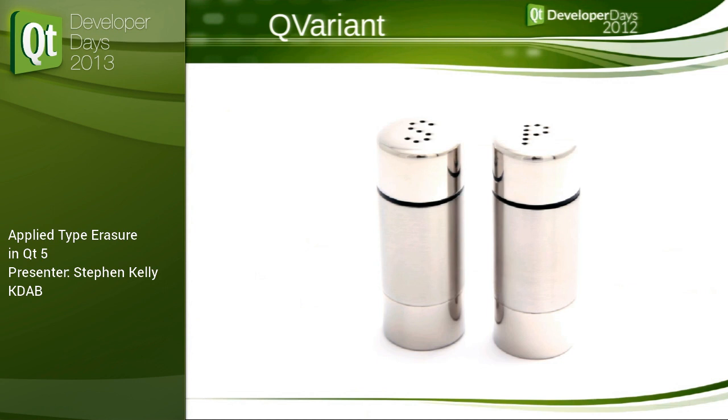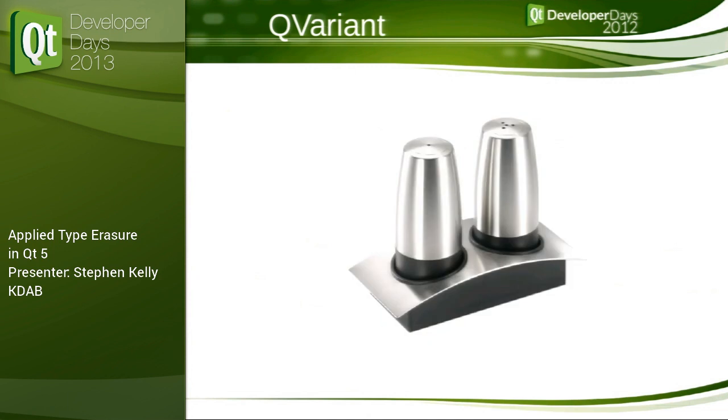So last year, this is a slide from last year, I gave a presentation about how QVariant works. I'm not going to go into too much detail now, but I'll just tell again the basics. So these condiment containers, what they contain is determined at build time. The one with the S obviously has salt. The one with P obviously has pepper. But if you look at these containers, you don't actually know what they contain, because I come from Ireland, and in Ireland we put salt into the one with one hole. But here in Germany, they seem to do the opposite. So if anybody gives you one of those,